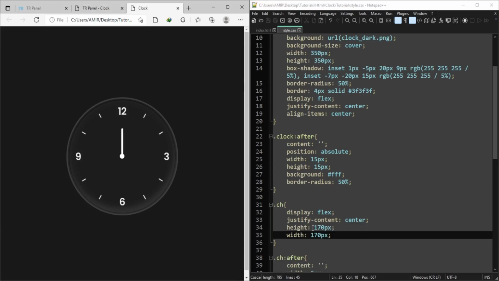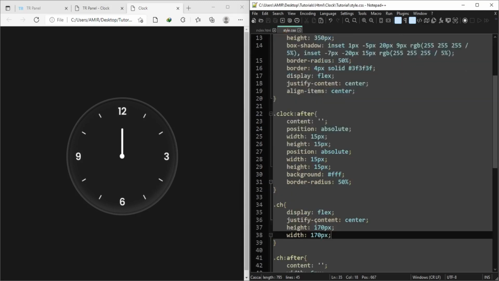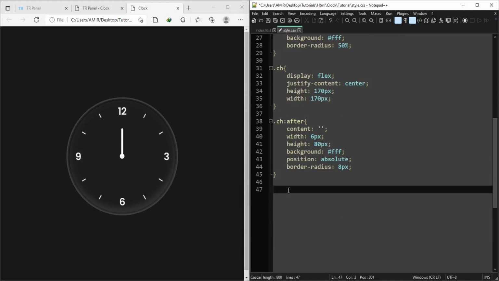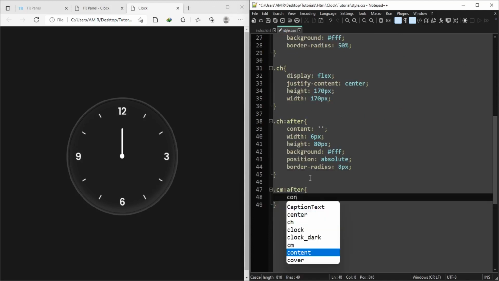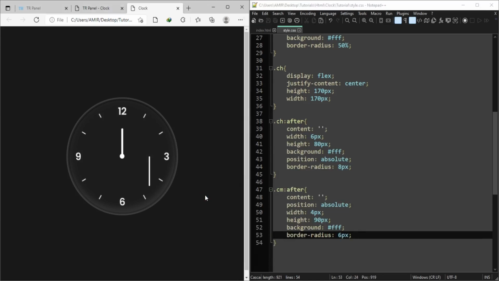Now we have to make the minute hand for this clock. Go to your HTML file and copy this name. Now come back to your style sheet and paste here. You can see it is not in the center like it is displaying here.